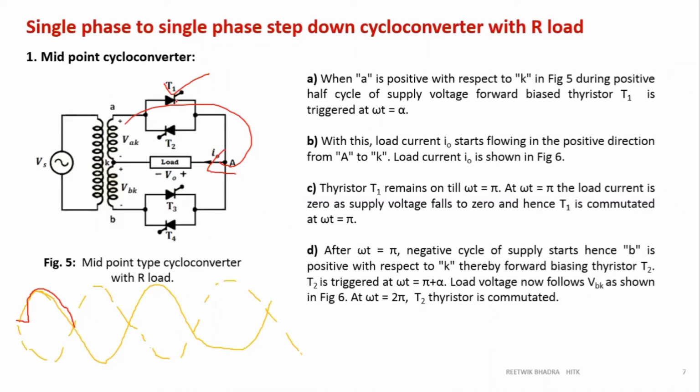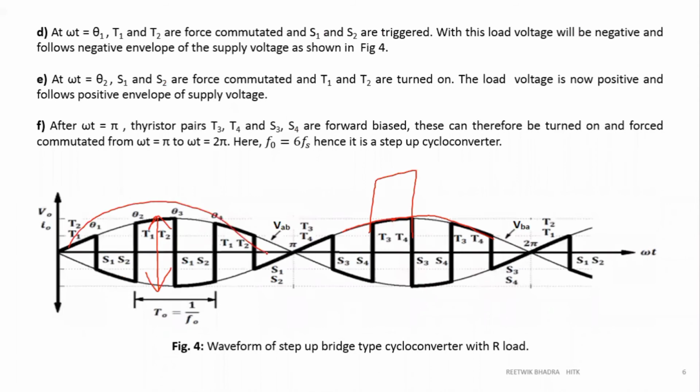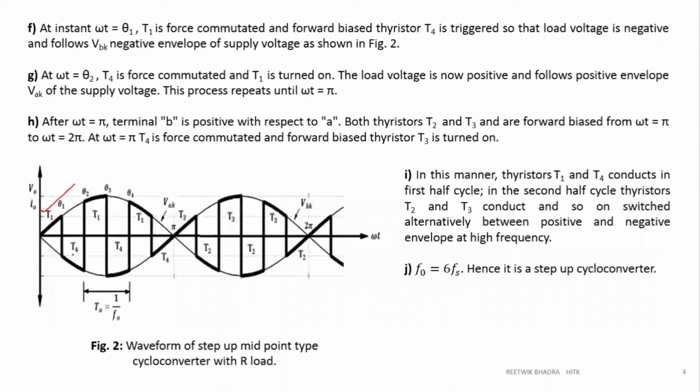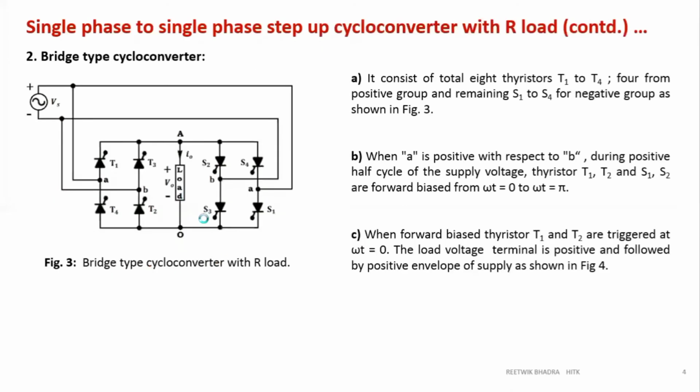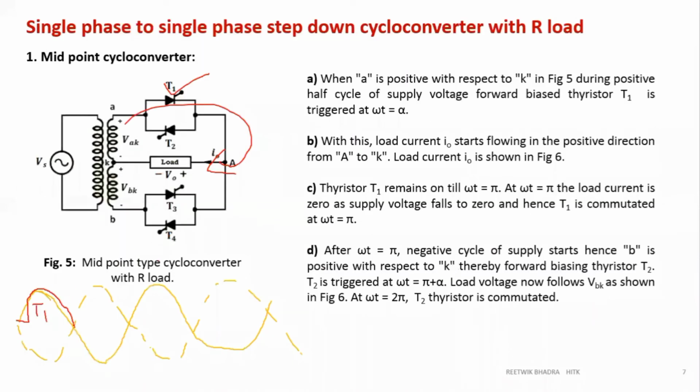So during the first half cycle, T1 is on. Okay, so this is T1. Now I am keeping this T1 on for this whole cycle. I'm not turning on T4 because I have seen previously that in one complete cycle, I first turned on T1, then T4. But what I want to do now is keep only T1 on for the whole cycle. So if T1 is on for the whole cycle, we'll get the positive part only. No negative part is there. T4 brings the negative part. So we'll get positive part only.